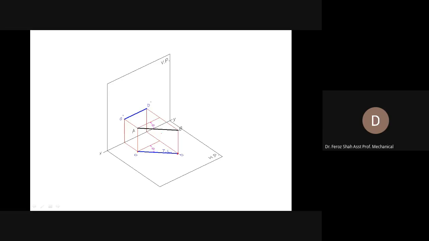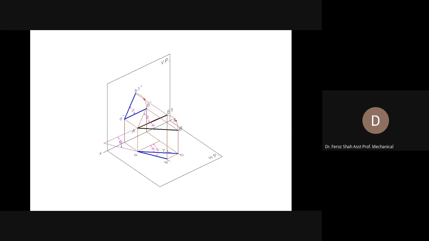So again, as we have seen previously, if one view is true length, then the other must be parallel to the XY reference line, or vice versa. If one view is parallel to the XY reference line, then the other view or projection must be of true length. Now, if we move this end B to the new position B1,